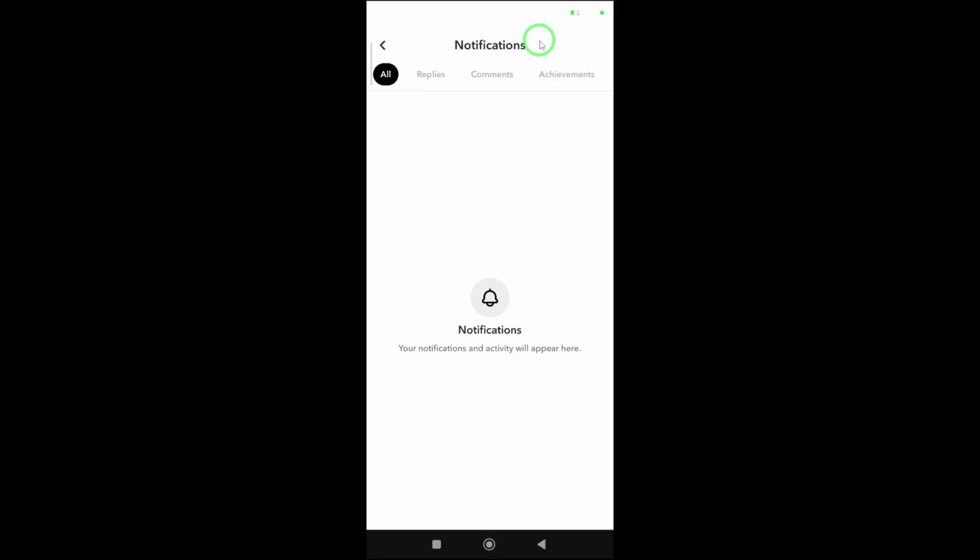After tapping the notifications icon, you'll notice different sections. To see everything in one place, tap on All. This shows you a complete list of your notifications